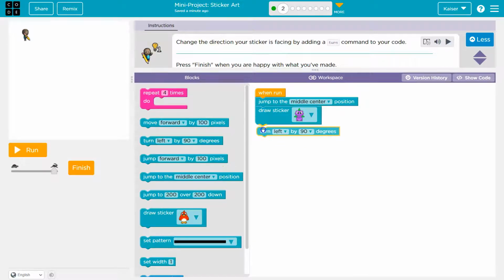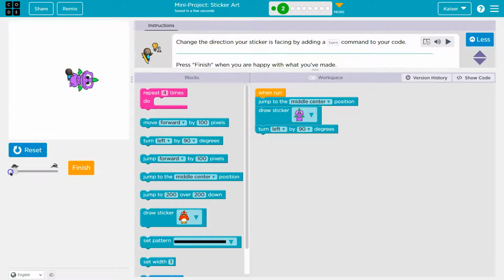Now notice, here's something tricky. Watch, I'm going to drop it right here. And nope, it doesn't work, right? Because it's happening after we draw the dragon. So code always runs in order. So if I want it to turn, I could get rid of this. It's going to draw it in the same spot. If I want to tell it where I want it to draw, I need to tell it before it actually